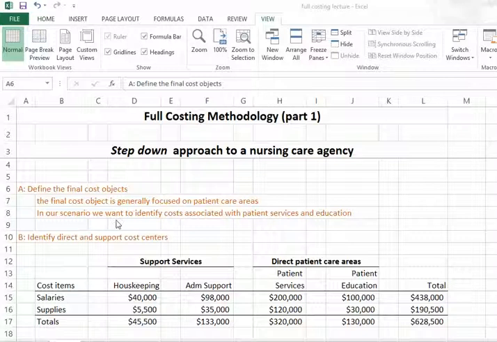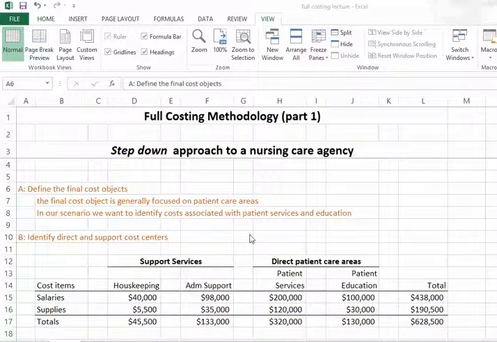In our scenario, we want to identify the costs associated with patient care services, direct patient services, as well as patient education. In these cases, in a nursing agency, these are revenue producing services that ultimately are billed to the patients. Once we've identified that, what we want to do is identify the direct and support